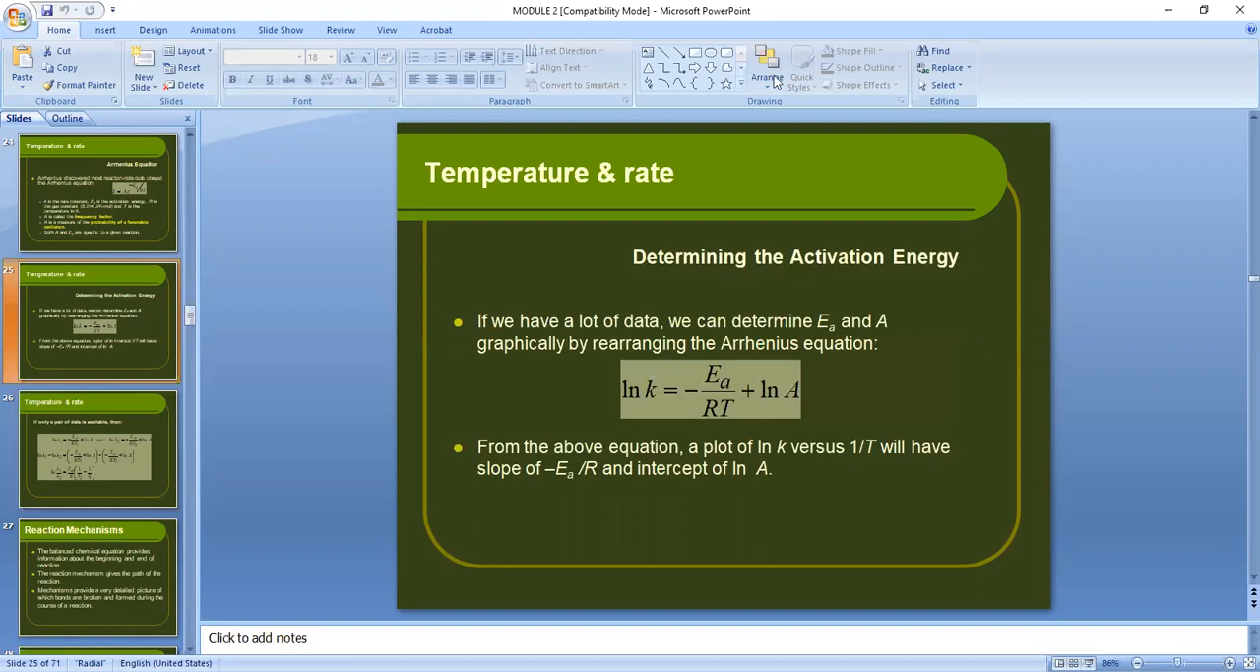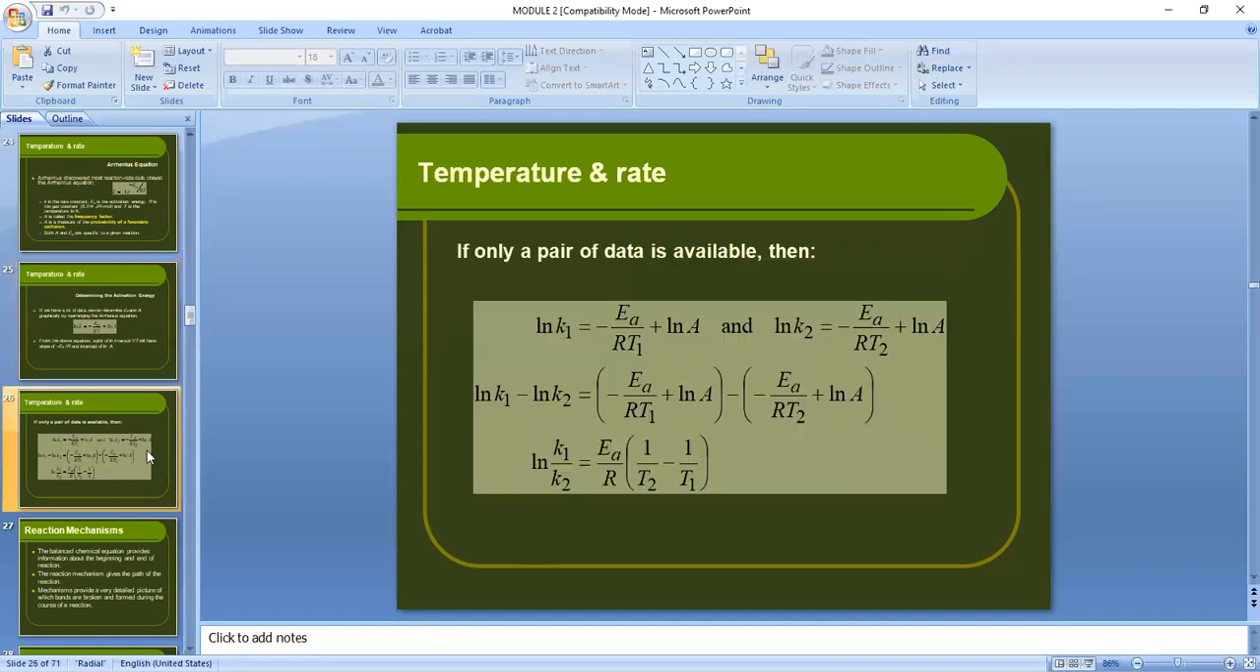You plot the ln of K versus 1 over T. The slope of that would be the negative of the activation energy divided by the universal gas constant, and this will be the intercept of that line. Okay? Linearizing the Arrhenius equation. So that's the way you do it. Now, we have these formulas. If you're given a set of data or a pair of data for K and temperature,